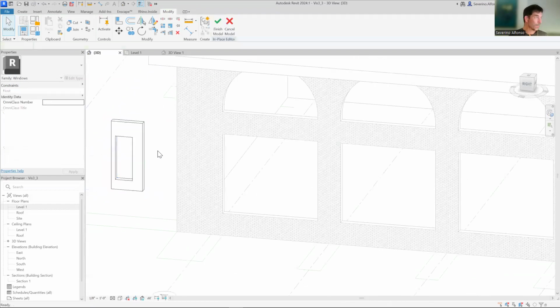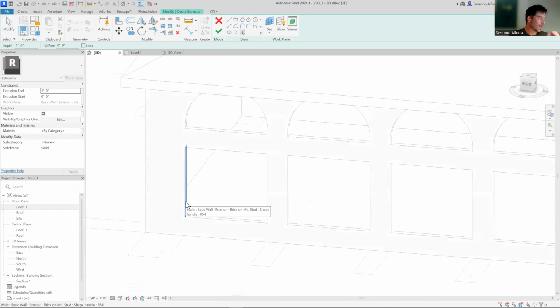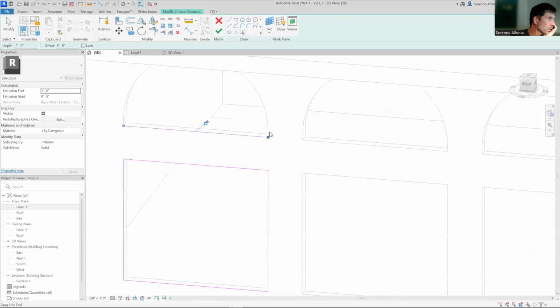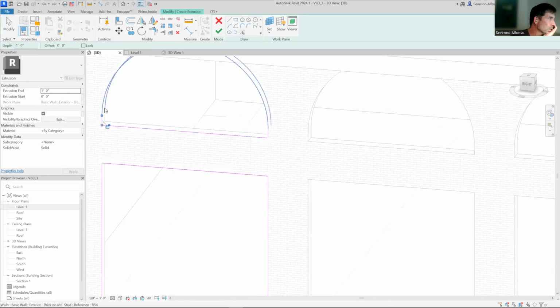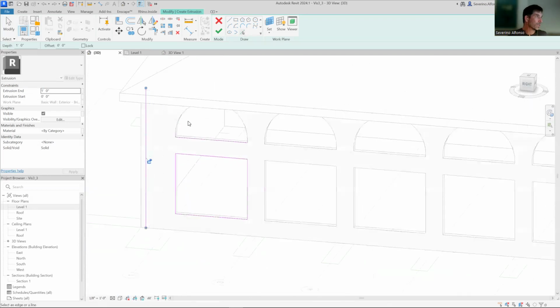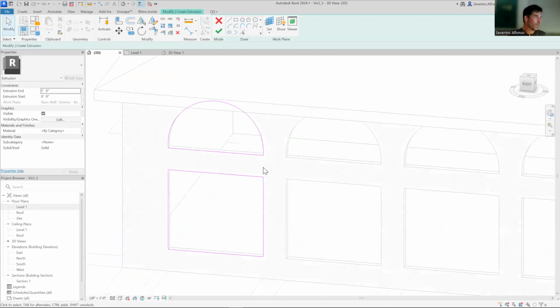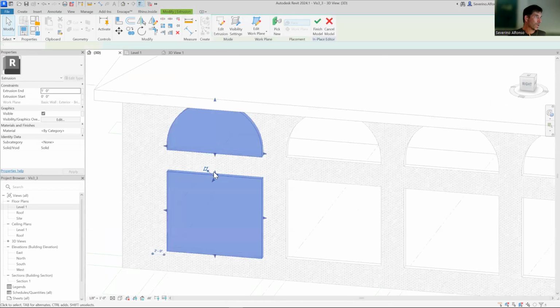So let me actually go back with that. What I'm going to do is use the pick line. It's the green option in many of these tools that allows you to pick the size. Don't pick any of these ones. You want exactly the edge of the window. I'm going to take advantage and do these ones as well. If you click by accident somewhere, it will create a line. You can just continue, then escape and delete that one. It's no problem. So now that I have those two polylines, if I say okay, it's going to create, obviously,